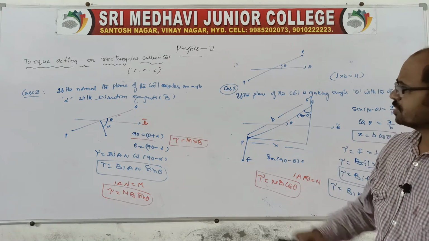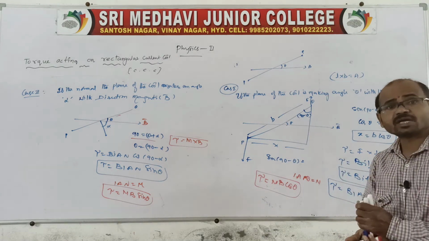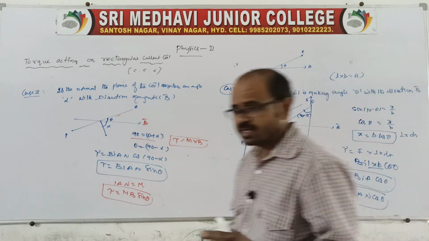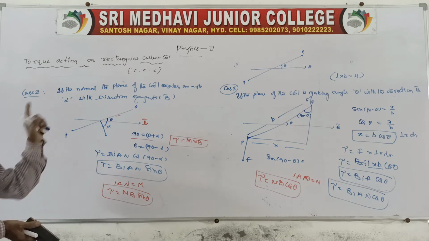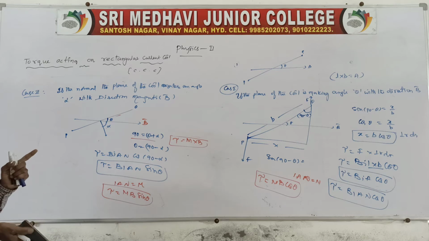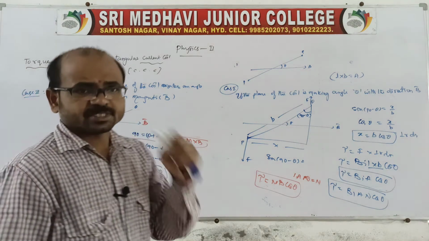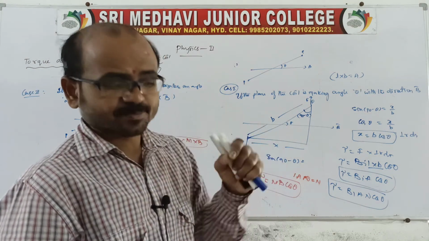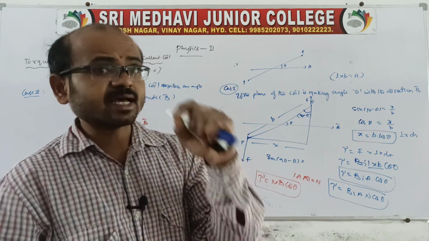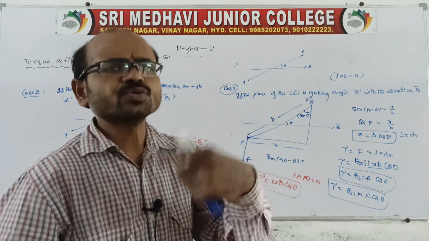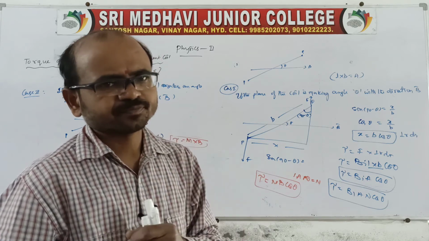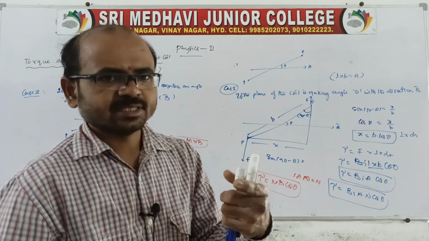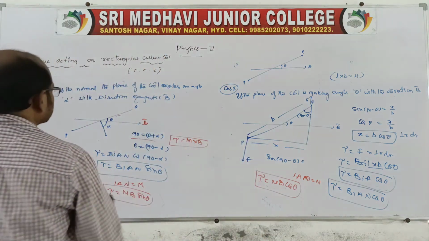So here you remember, area is based on the given coil area. By using that coil area, we need to find the torque. Sometimes, instead of a rectangular coil, they will give you a triangular coil carrying a current, then use the triangular area. Triangle area is half into base into height. So it depends on the question that we need to approach, right?